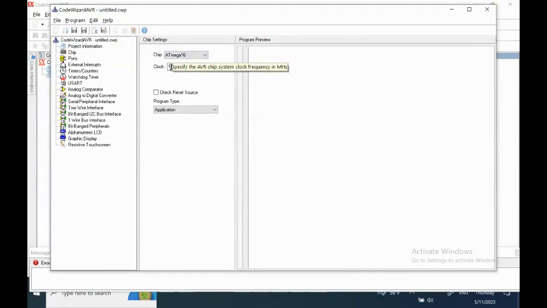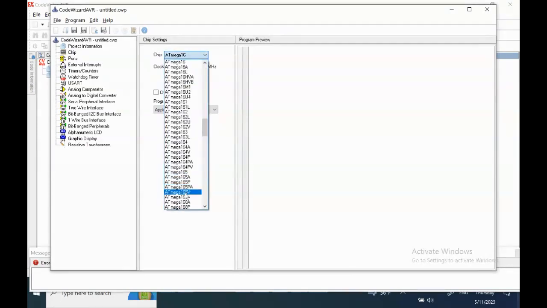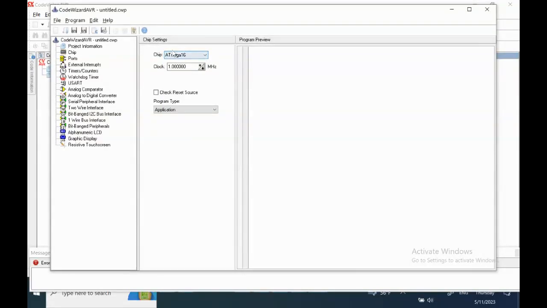Okay, we said that we should check here if the clock is 8, we should change it to 1. I explained about it. The type of Atmega is changed by these columns. Different types of Atmegas are shown here. I want to use Atmega 16 and then don't make any changes. Here,